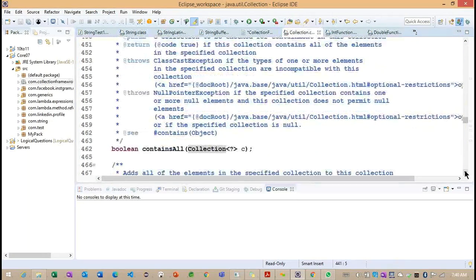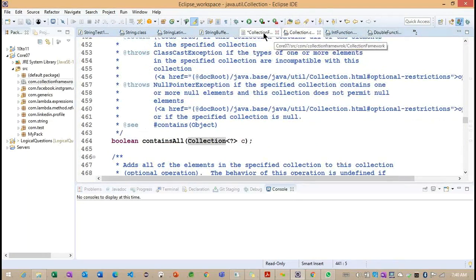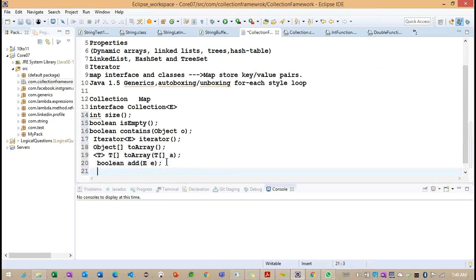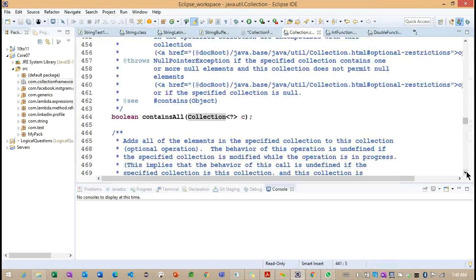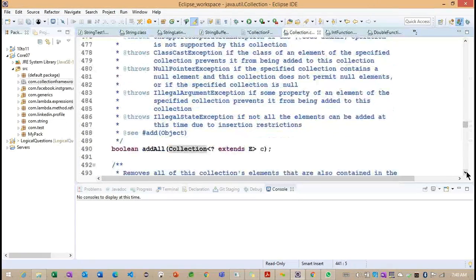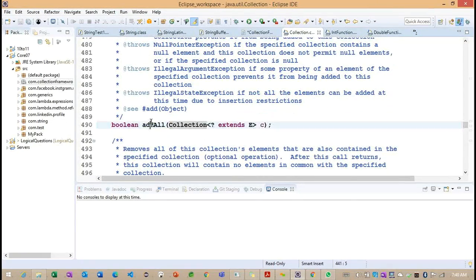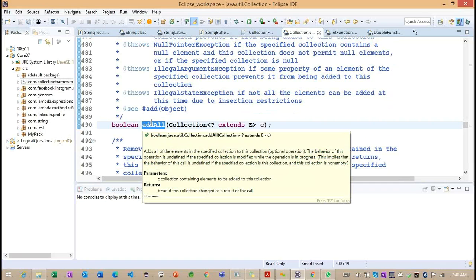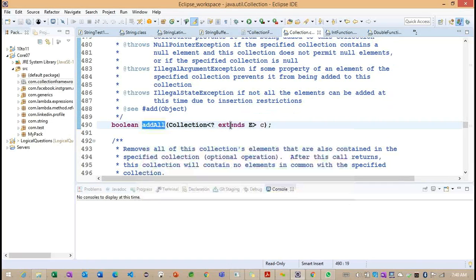Right. Now we'll see another important method, addAll. Getting the point? addAll here. So now we can understand here, we already discussed the extends keyword in the generic concept.